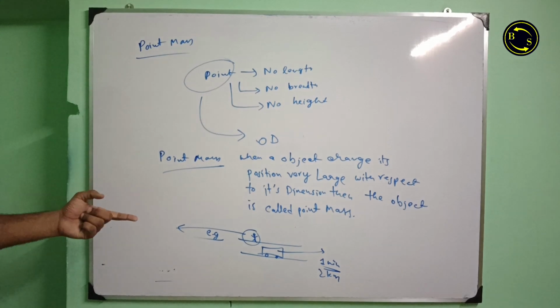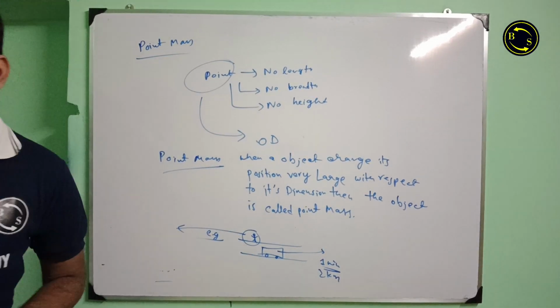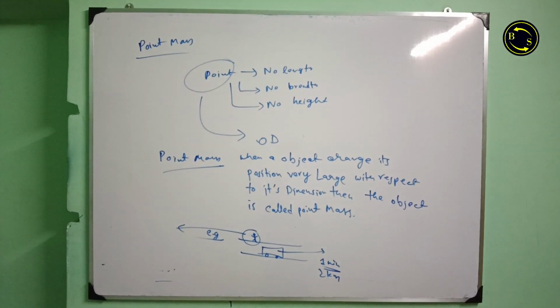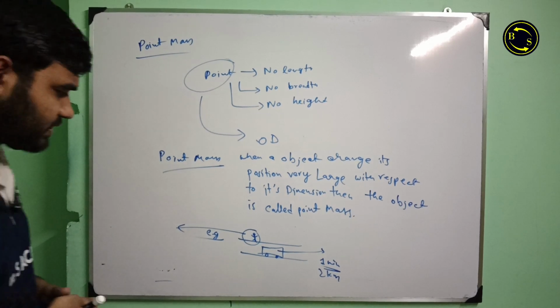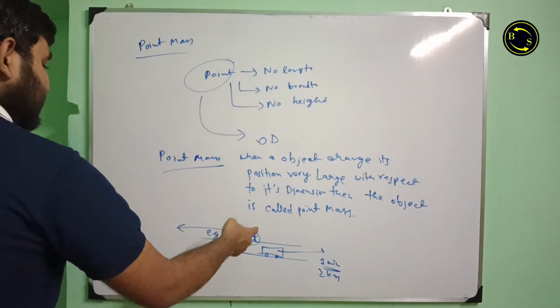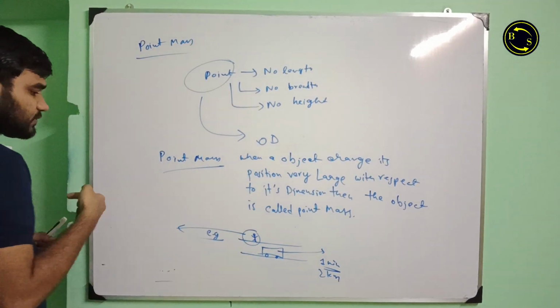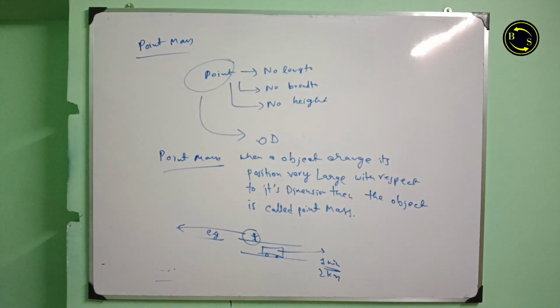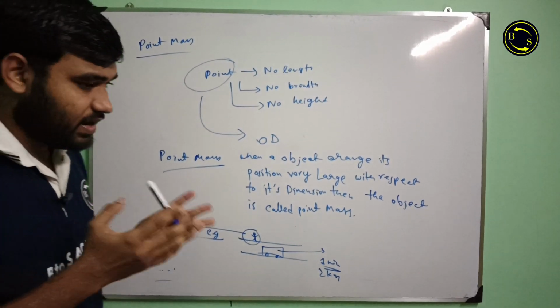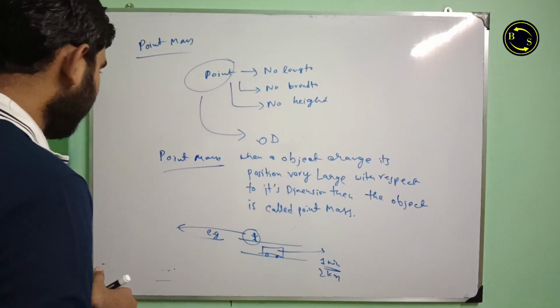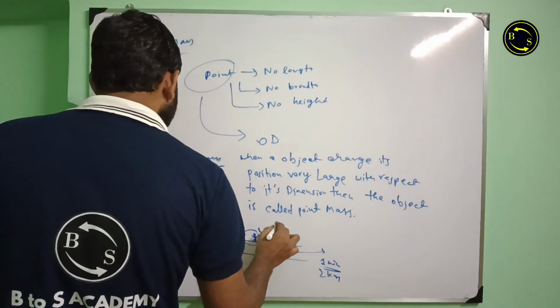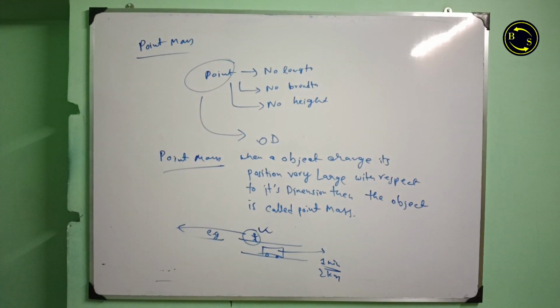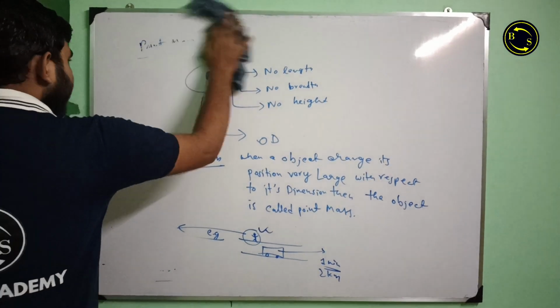It's very greater than its dimension. What is the height of a man? The height of a man, let's say 2 meter, 3 meter, etc. Then this man changes its position very large with respect to its dimension in a small amount of time, then we can consider this man is a point mass. Okay. Next is